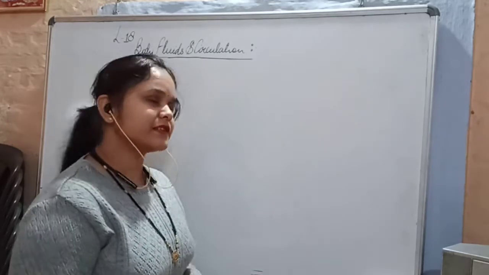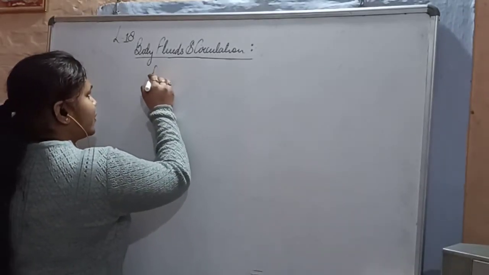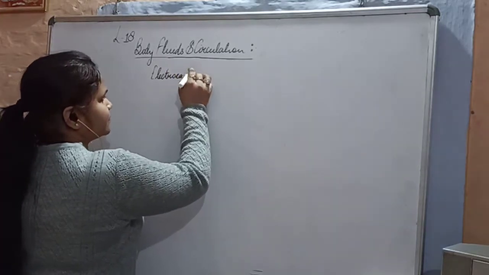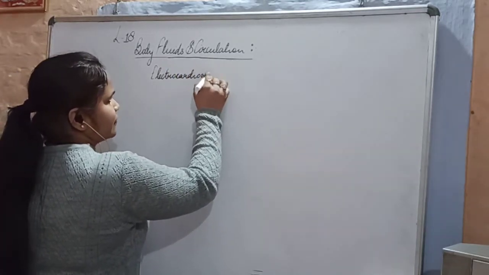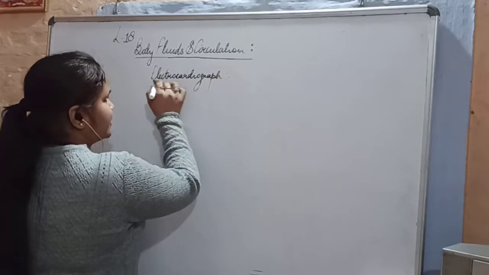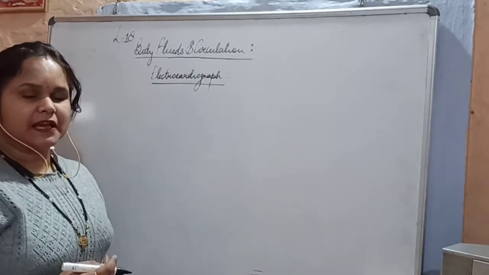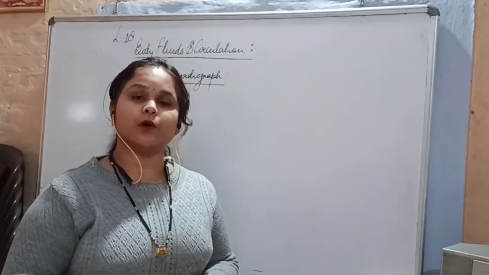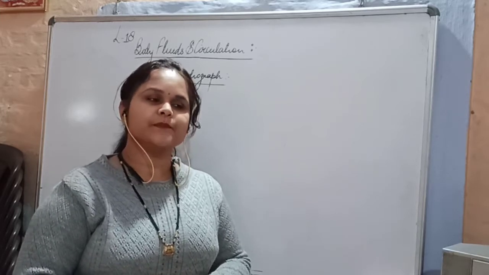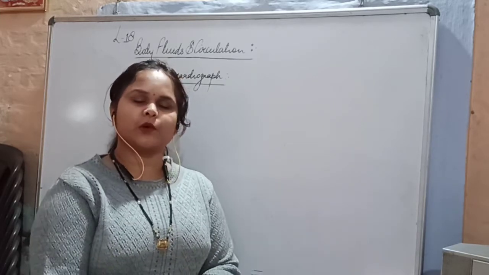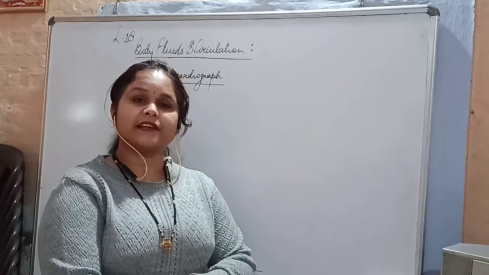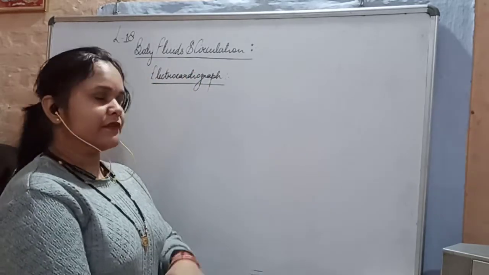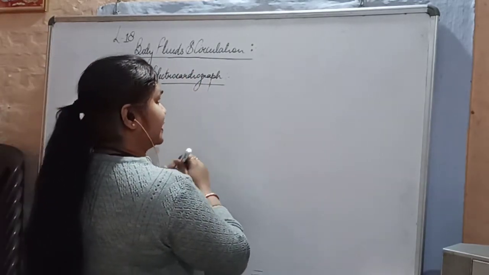Today we are going to discuss the electrocardiograph. So what is basically an electrocardiograph? It is basically a machine with which we detect the working of a person's heart. How the auricles are taking the time, how the ventricles are taking the time, what is the time period of the joint diastole, that is done with the help of the electrocardiograph. So the electrocardiograph is basically the instrument.